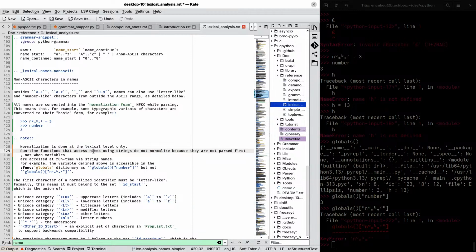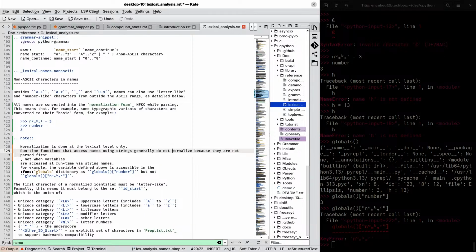Runtime functions that take names as strings. How about that?